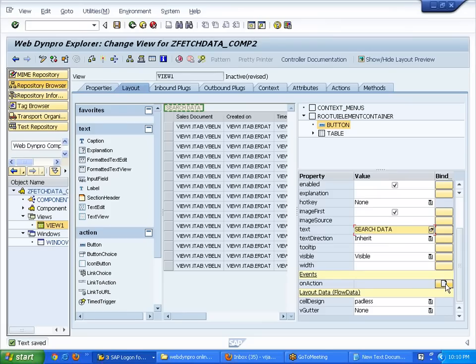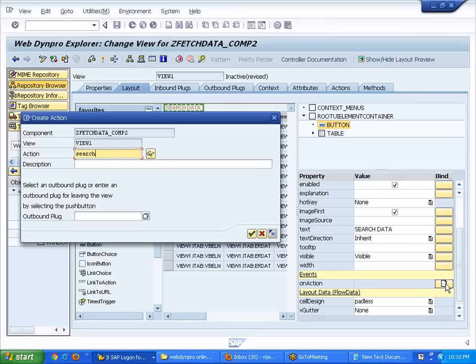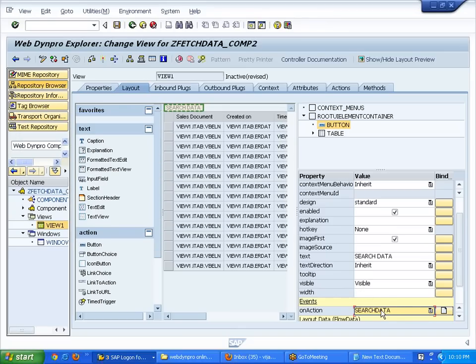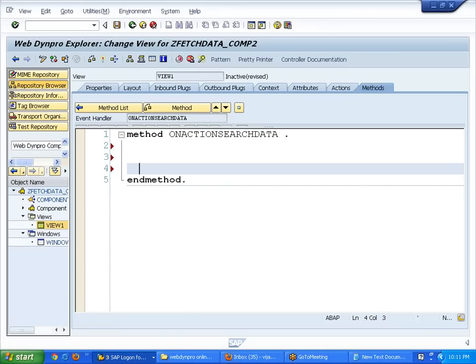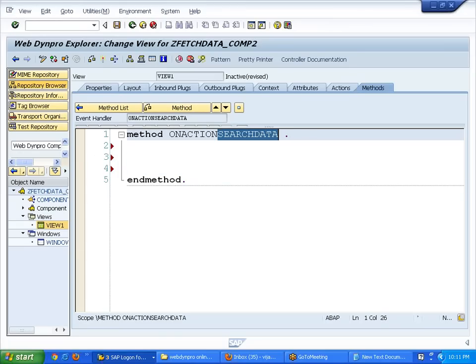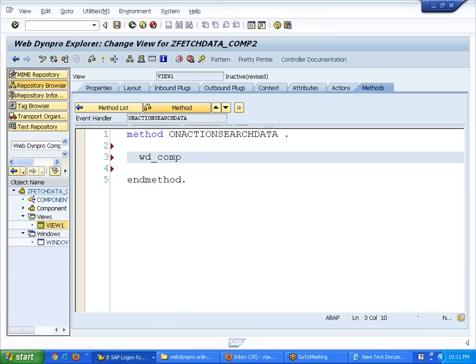And search data should have some action, so I'm creating that. This action is always created in view controllers, remember that. But our main functionality is under component controller. You can recognize here this action search data. It is generated in view controller. Search data action is generated in view controller, but our main functionality is in component controller. That's the reason why we use WDCOMP